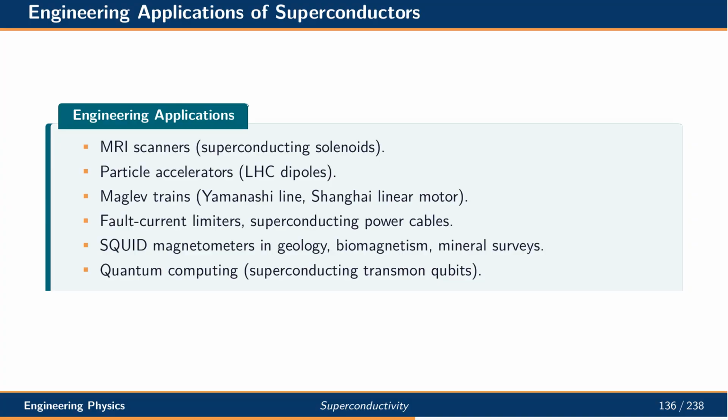Superconductors have a wide range of engineering applications. They form the magnets in MRI scanners and particle accelerators such as the Large Hadron Collider. They lift maglev trains in Japan and China. They serve as fault current limiters and high-capacity power cables. SQUID magnetometers are used in geology, biomagnetism, and mineral exploration. Superconducting transmon qubits are also at the heart of leading